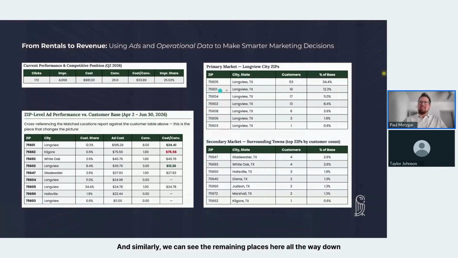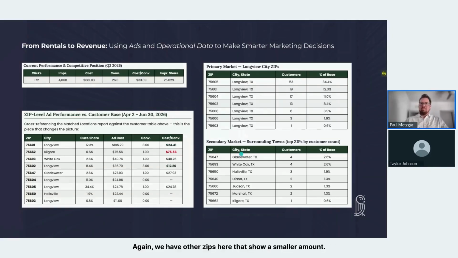And similarly, we can see the remaining places here all the way down to this one customer that exists in this zip code. So it tells me there's some patterns, right? If we look at a circle or a radius around your location, it may or may not correspond directly to how these zips play out. So by having this hyper localized focus and understanding where your customers currently are from, we're able to kind of repeat some of those patterns. And again, I would say these top 3 or 4 are going to be really effective if we target your ads there, because they already have a customer base, and for whatever reason, it fits with the day-to-day flow of